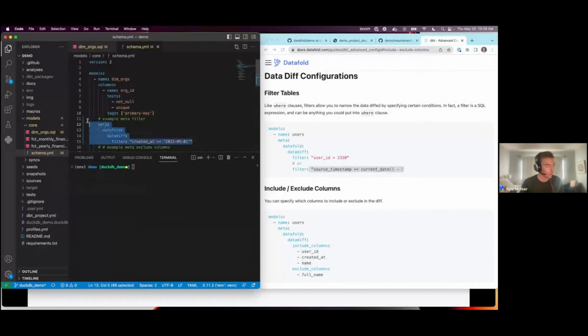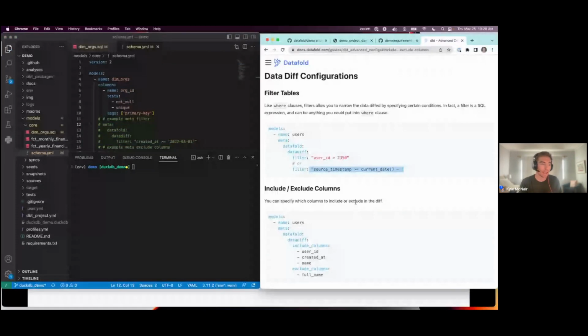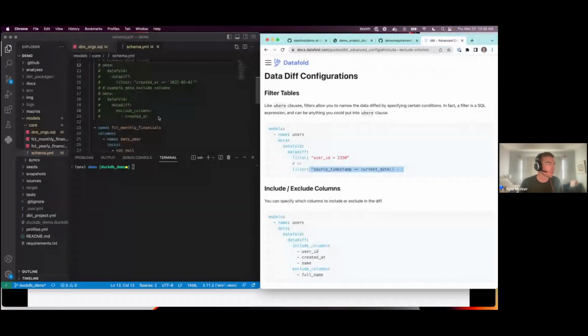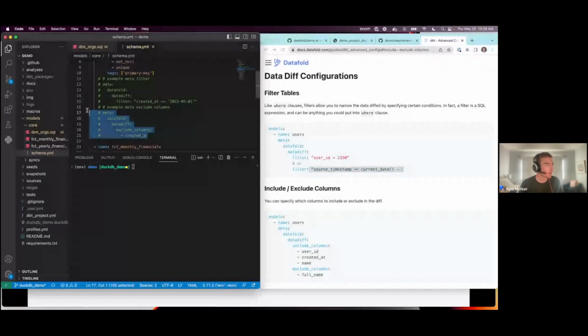Showing off the include, exclude syntax. So you can specify which columns to include or exclude in the diff. Maybe you only want to diff primary keys, or maybe there is a column that's noisy and you don't want to impact that. In this example, that created at column had a bunch of changes, and maybe I'm not really worried about it and I want to exclude it from my diff. So I pulled in this meta change to exclude the created at column from my diff. So again, if I run it again,